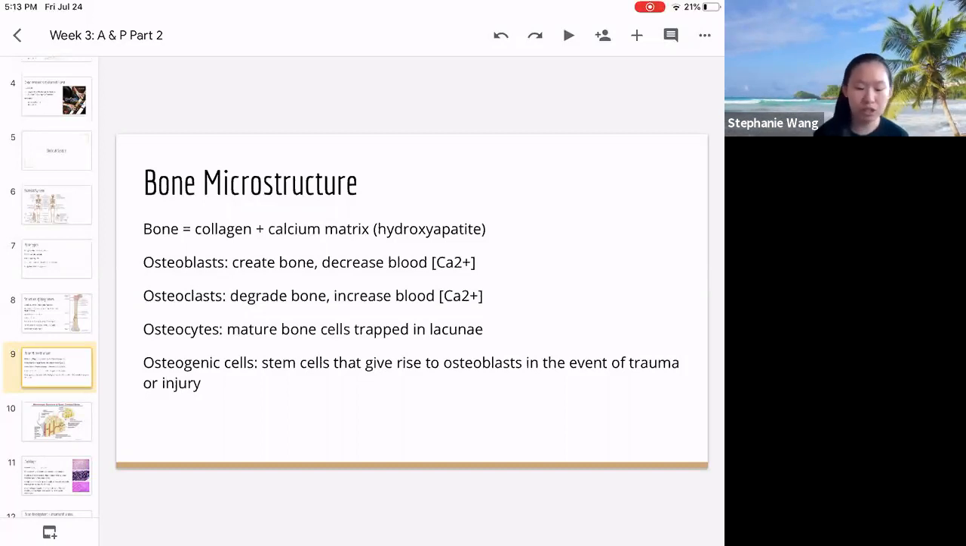So the organic material is the collagen, and collagen really provides that shape for the bone. And the calcium matrix provides the hardness of the bone. So the calcium matrix is made out of hydroxyapatite. And if you remember from our first biology class, hydroxyapatite, well, I didn't explicitly say this in our first class, but hydroxyapatite is made of 3 ions: calcium ion, phosphate ion, and also the